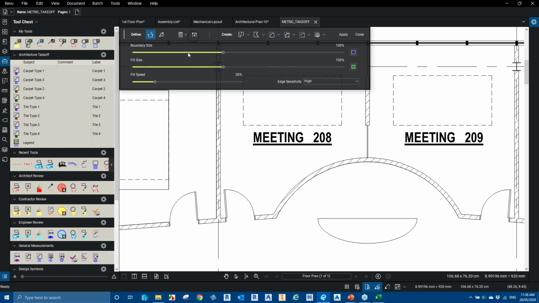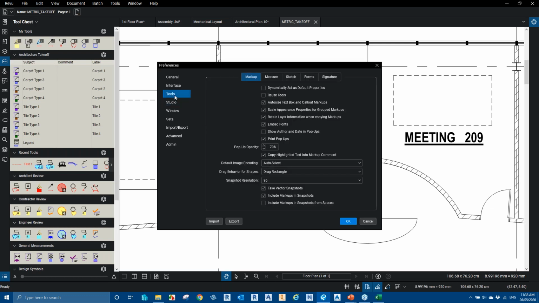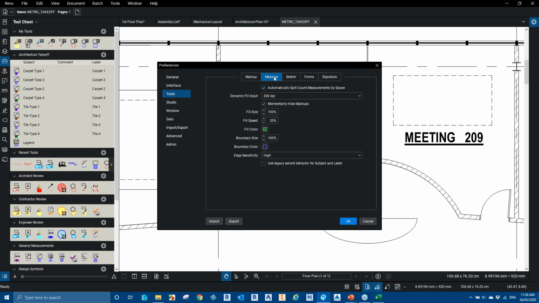So this is again something that I get asked quite a lot. Is there a way to permanently reduce the boundary sizes and also the fill size? The answer is yes. If I go back into my review preferences, so under review preferences, under tools, when I click on measure option, I've got this option to control the size of fill and the size of boundary. If I go and change this to 25% and 25%,